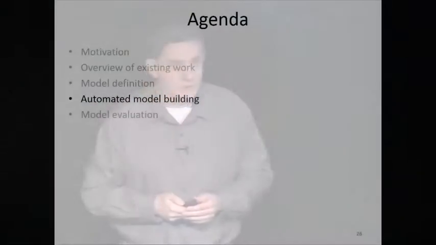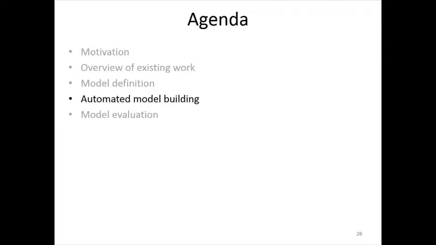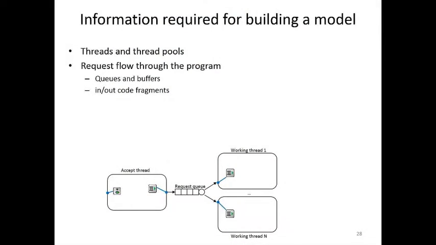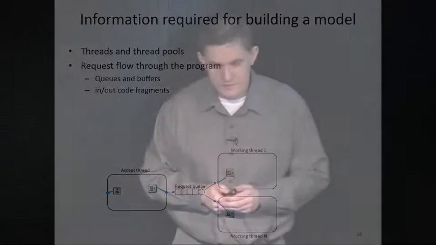So now I will shift to the next part of my talk, which is about automated model building, how we can do this automatically. In order to build this model automatically, we need the following pieces of information. We need information about threads and thread pools which are present in the program. We need information about how these threads communicate with each other through queues. So we need a list of queues, and we need a list of these in and out code fragments in a program